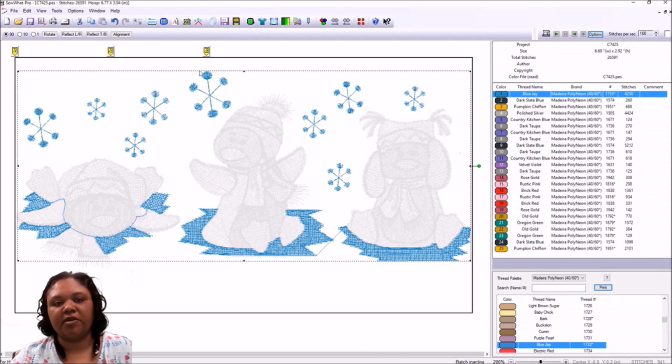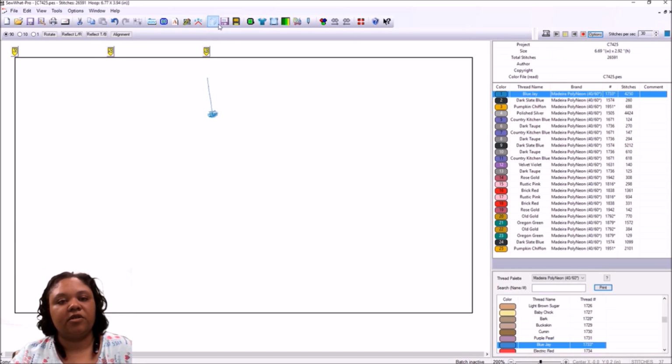And remember, it started with this big snowflake here. So I'm going to drop my stitches per second down to 30 so that I can see what branch of the snowflake the design started on. I didn't catch that because it went so quickly. So notice it started up here, then it went down and did that knob. Okay, so now that we know that,